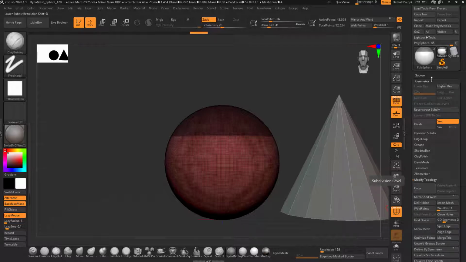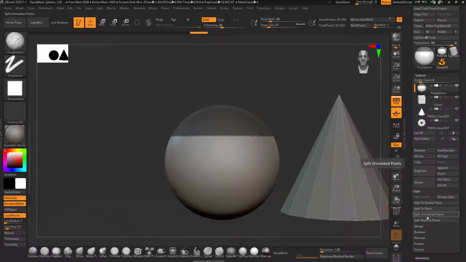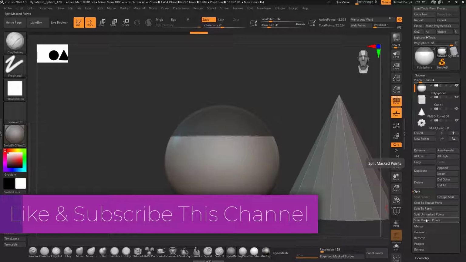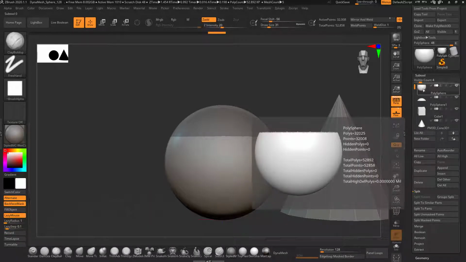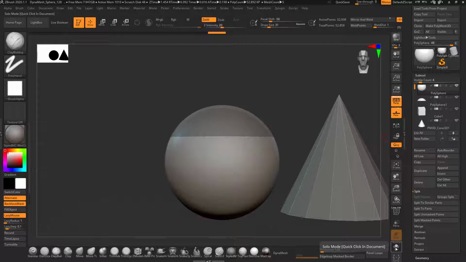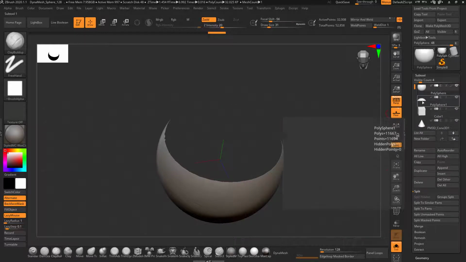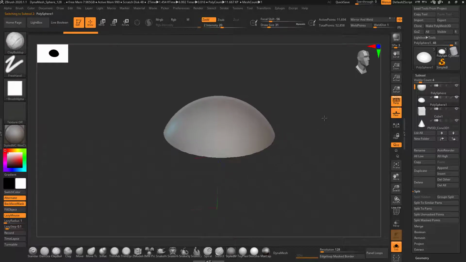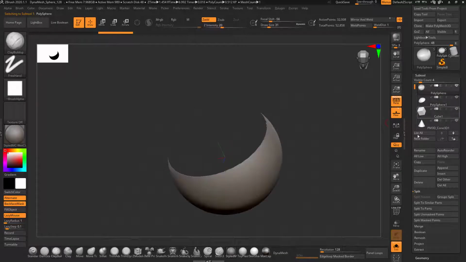Right now I can split unmasked points. You can split masked and unmasked points, both do the same work. I will click on split mask, and you can see now there are two different subtools. I will click on solo so that you can see how your subtool has been split.